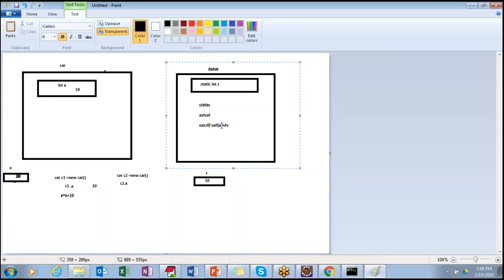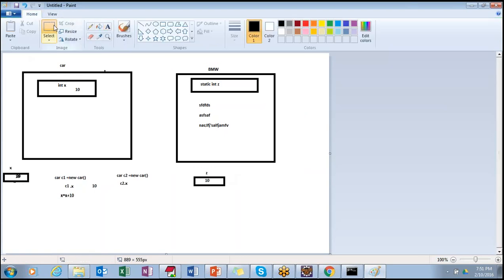So initially Z should start with 10, but because Z is already initiated and present in memory, for him Z may start with whatever value has been computed. For example, the Z value is 20, 30 or 50, so he may take the initial value as 50, because it's static, we only create the object at one instant, but here the objects would be different. This same thing would be there here.